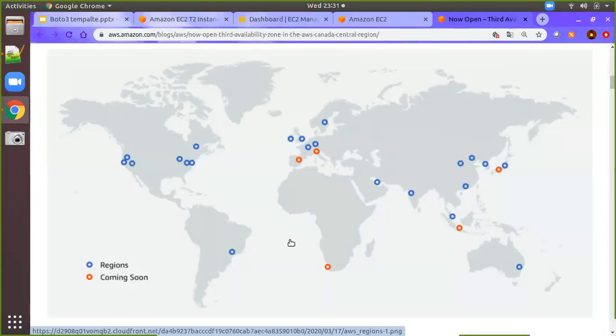For example, if you take India, India has a lot of availability zones in Mumbai, and those availability zones are combined under one region. In the same way, there are different regions available across the world. Under the regions, you have different availability zones, or data centers in other words.